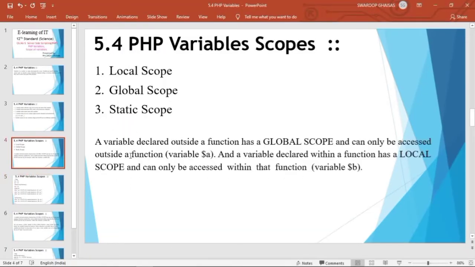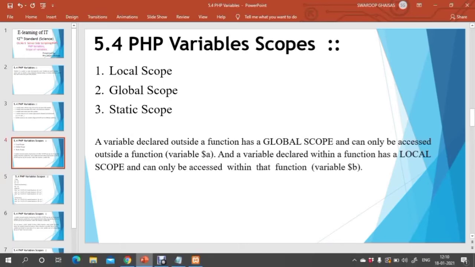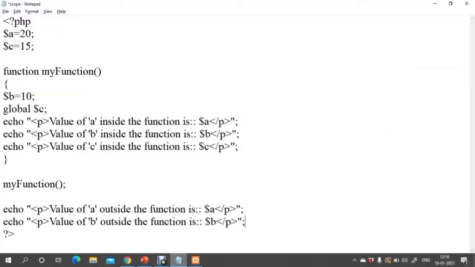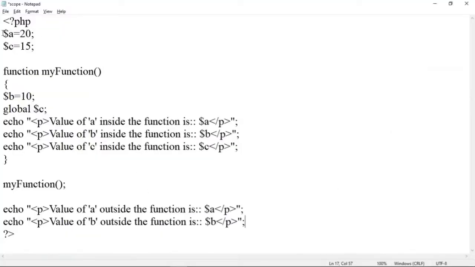Now let us check explanation of this program. See here, a variable declared outside of the function has a global scope and can only be accessed outside a function, that is variable a here. See, variable a is declared outside of the function and it is accessed only outside of the function. So that's why this statement has been printed with a value a20.